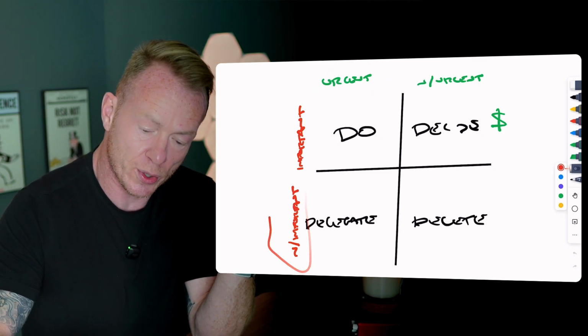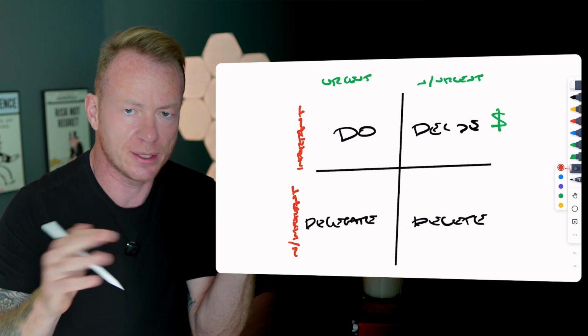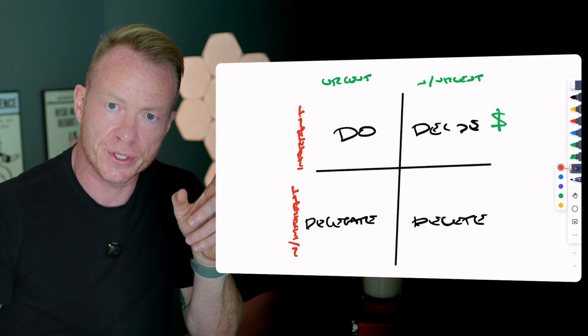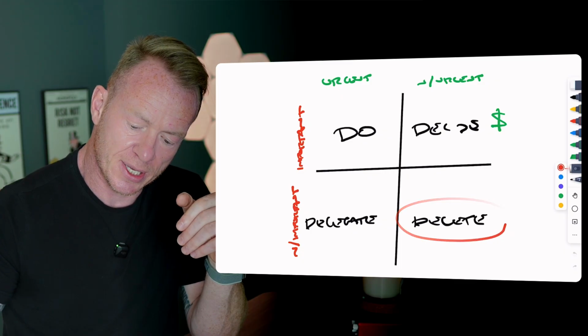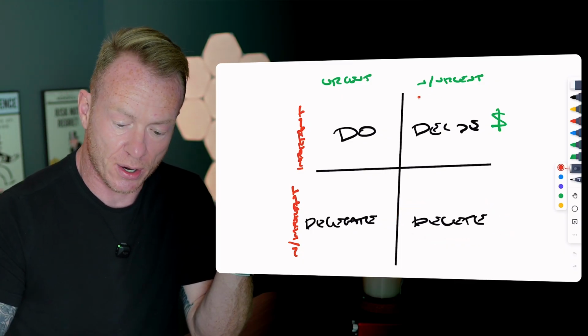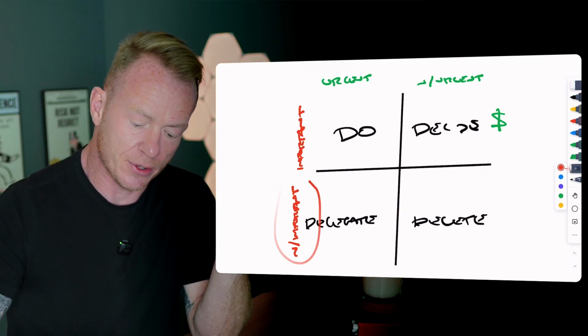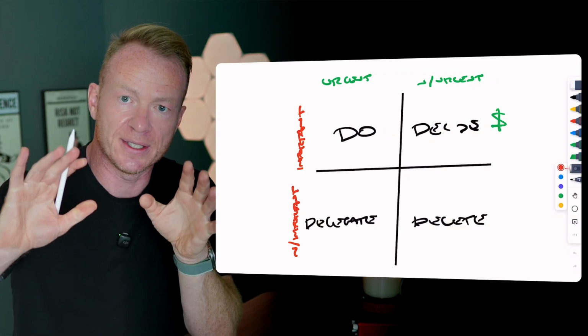Is it important that you actually sit there and type out the contracts? No. So think about it in that way. Urgent, needs to be done for your business to grow, but not important that you do it. And then the last one here is delete. These are things that are not urgent for your business and they're not important for you to be doing. You need to delete them.